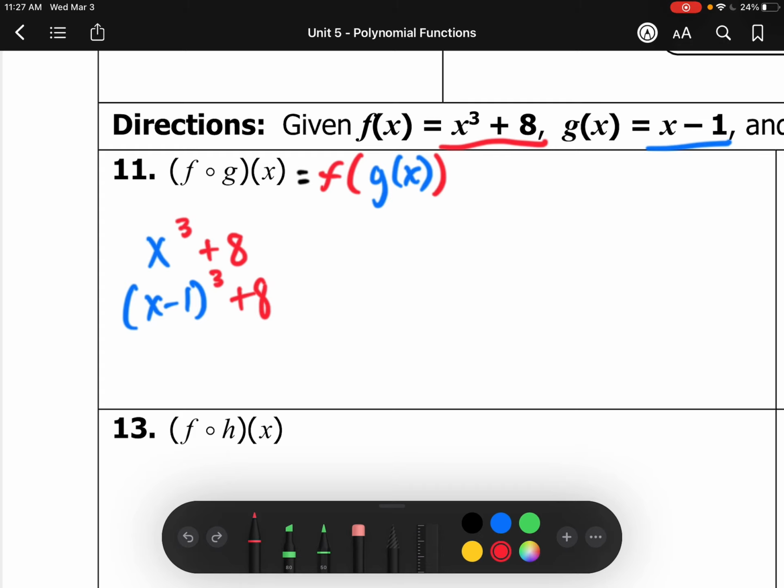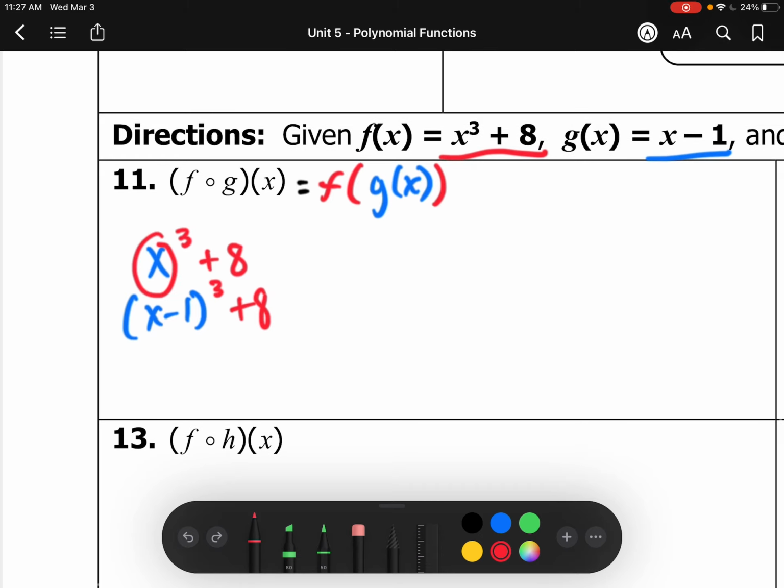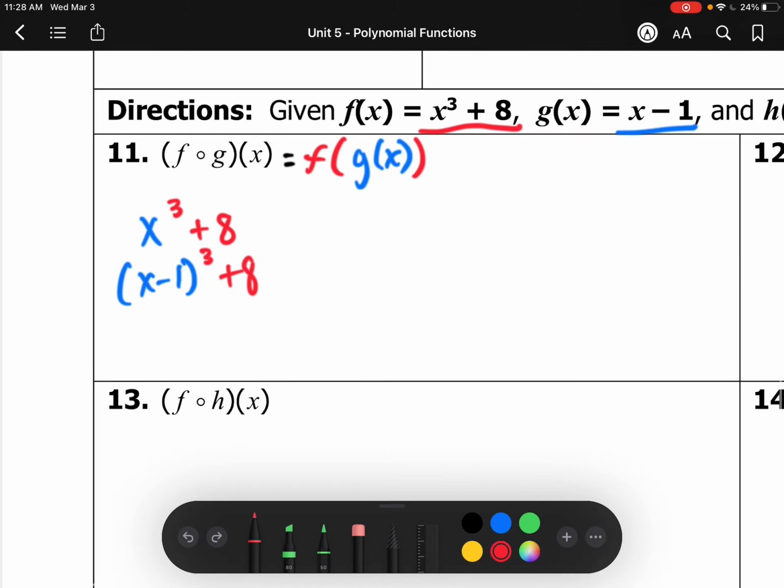And just again, to reiterate what I did, this right here is function f, and my input is function g of x. So I'm replacing this x with function g of x, right? So this becomes x minus 1 cubed plus 8. So now I'm going to